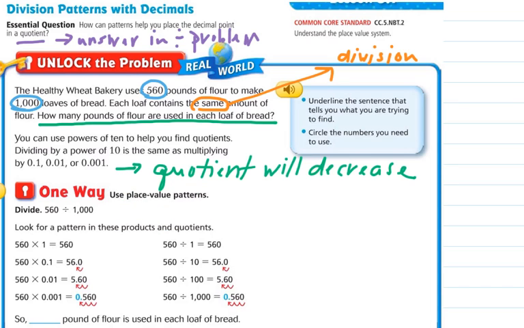So one way is we're going to use place value patterns. So that's the first strategy we're going to use today. So we see 560 divided by 1,000. It says look for a place pattern in these products and quotients. So we're going to start always with our benchmark number. So you might say, well, why do I do this as my first one, Miss G? The reason why you do this as your first one is because your first factor is 560 times 1 gives you 560,